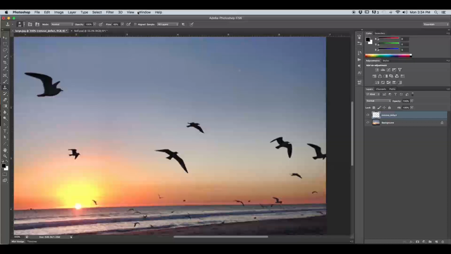If I had align sample checked and I wanted to go over top of this bird, the problem with that is our crosshairs are still following equidistantly, and it's just going to keep cloning that bird once you cover it up. So you want to make sure align sample is unchecked. Okay, set your sampling point and just do a little bit at a time. Now remember, every time you let up on that left mouse click, it resets to its original sampling point,